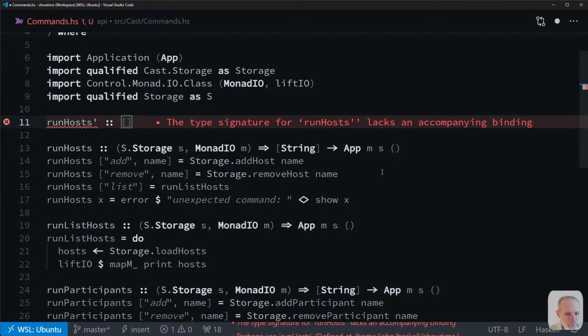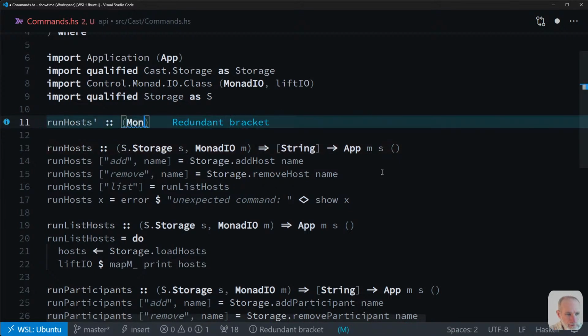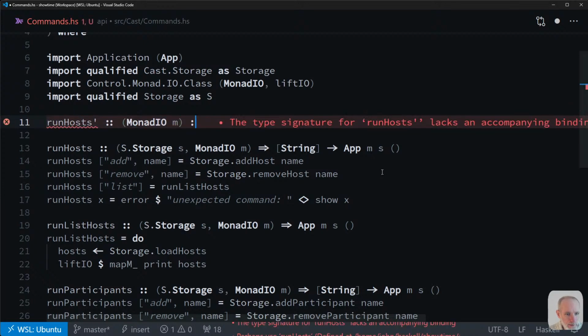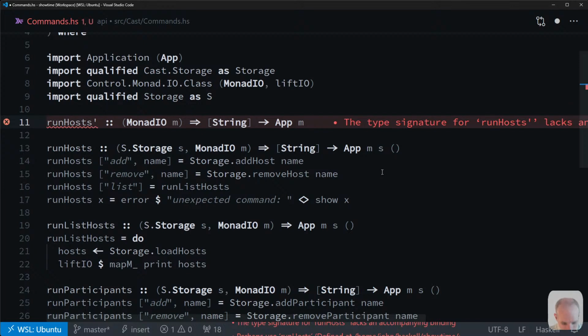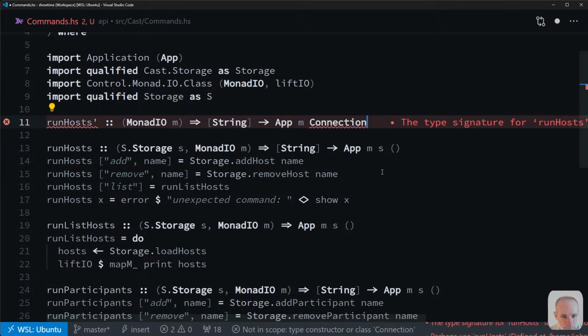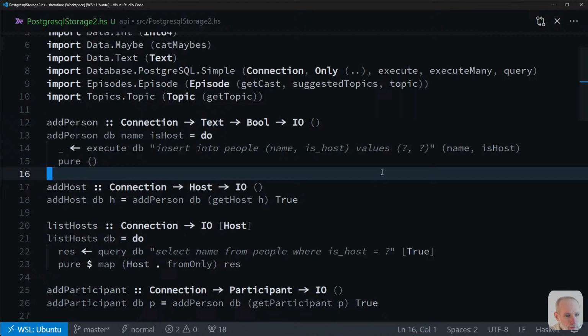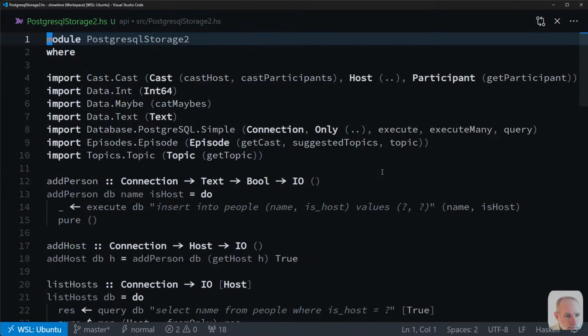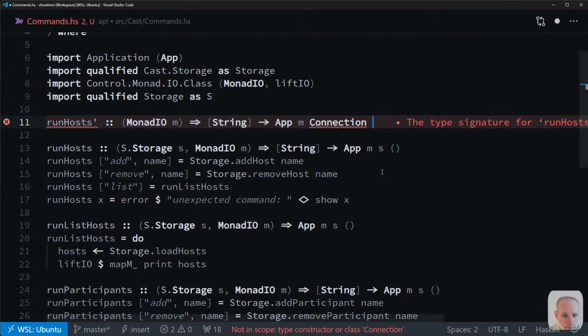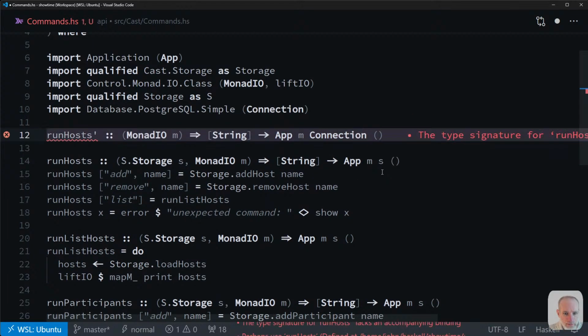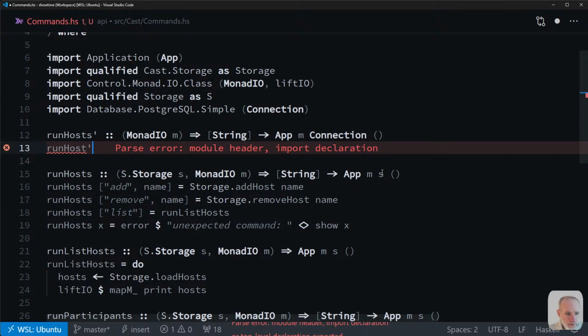So it's going to go from some kind of monad.io, but it's going to go from a list of string, and it's going to run under m, but here we will take a connection. And what was a connection? Where does connection come from? It comes from PostgreSQL simple directly. Okay, it's going to be a connection and that. Okay, and then run host prime,